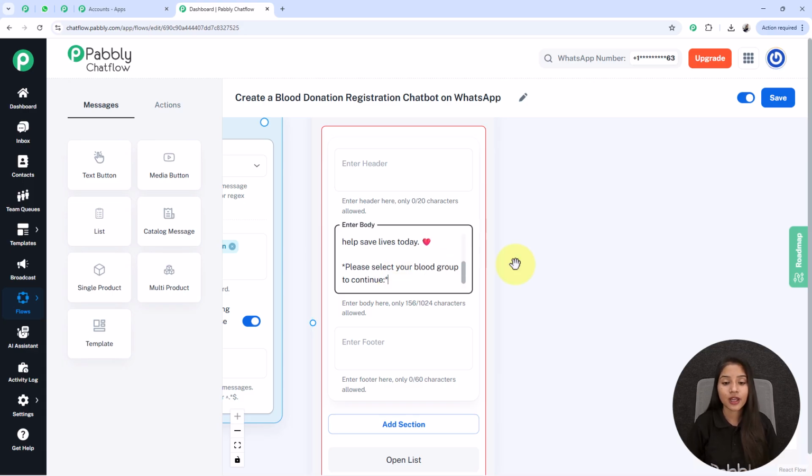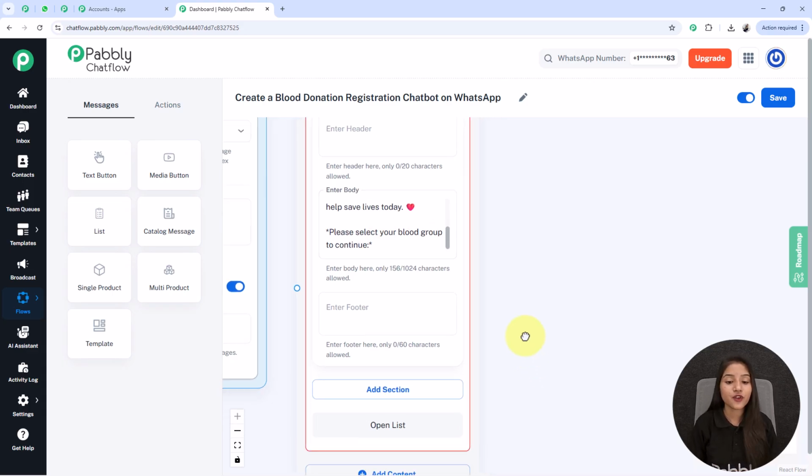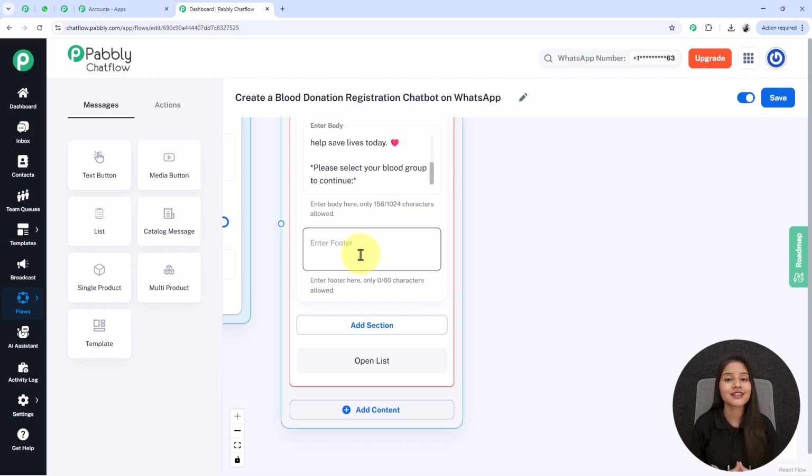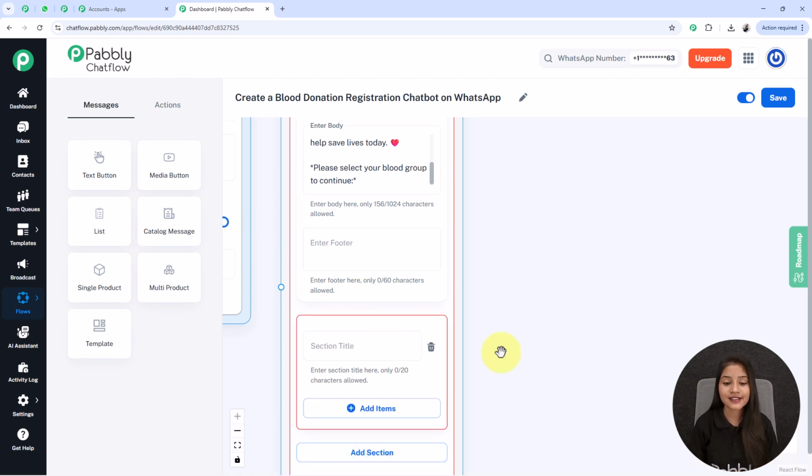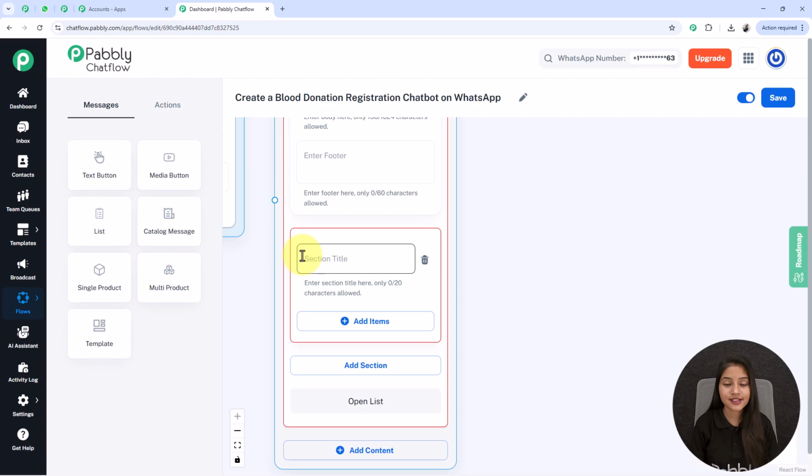Please select your blood group to continue. Next, if you want to add any footer, then you can write in this enter footer box. Now I want to add the list of blood groups. For that I am clicking on this plus add section button, where I am going to write the section title